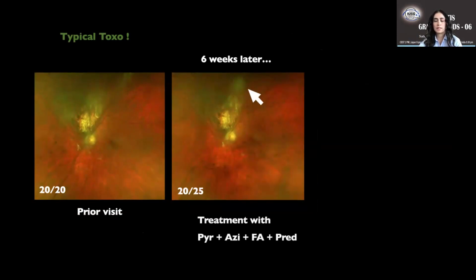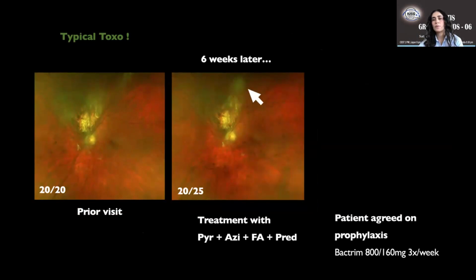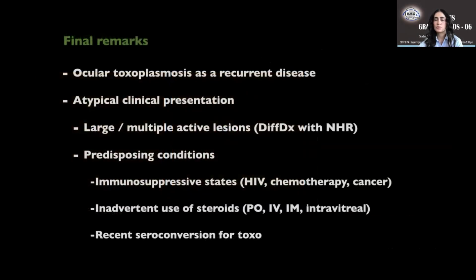So we did the alternative treatment again with azithromycin and steroid therapy, and we enhanced the possibility of beginning prophylaxis with Bactrim 3 times a week. And that's what we did. She improved. So the final remarks in this type of history is we need to remember that ocular toxoplasmosis is